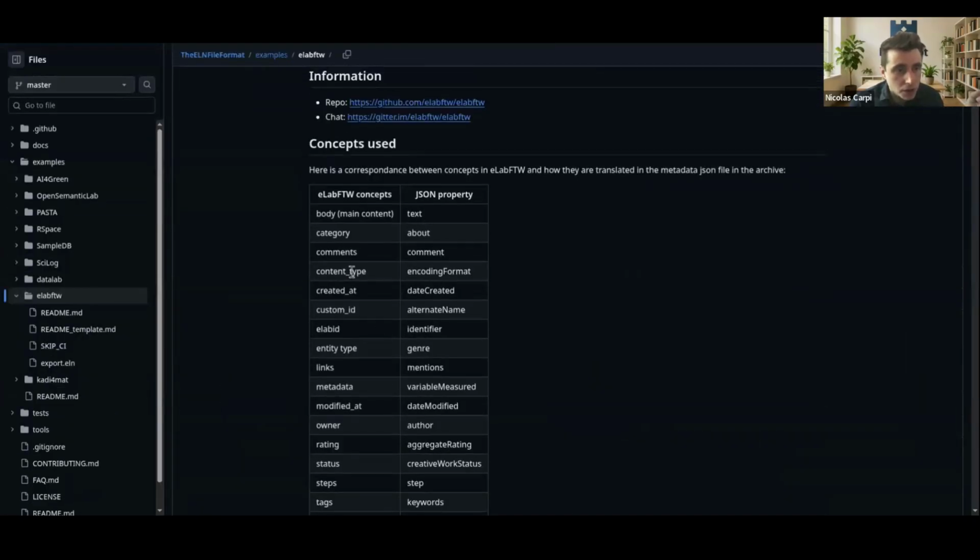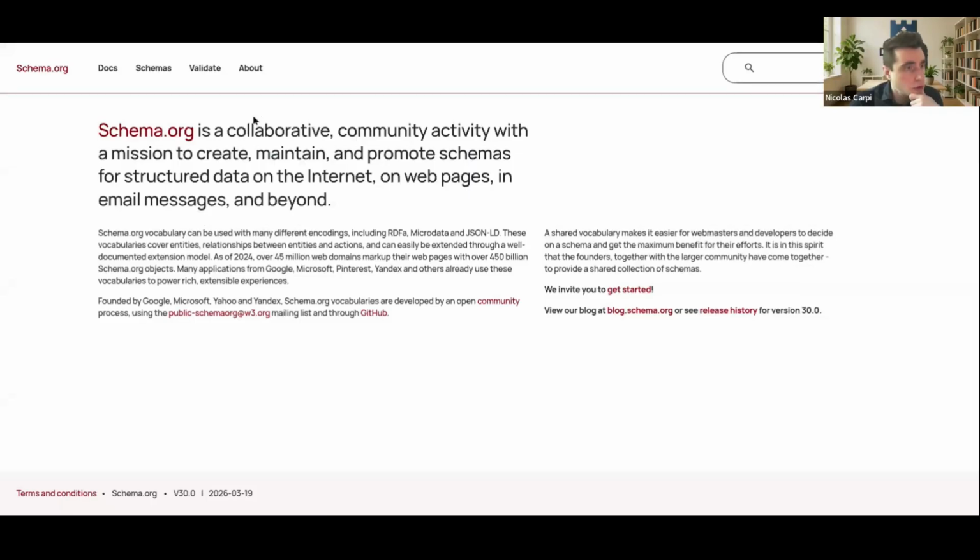And so, for instance, we have also a mapping of the different concepts that exist in the ELNs, and that we map to a standardized JSON property. So that, for instance, if we look at in eLabFTW, it will be created at. Maybe in some other ELN, it will be created when, or created date, or I don't know. But here, it will always be dateCreated. And this uses the schema.org ontology, I want to say,